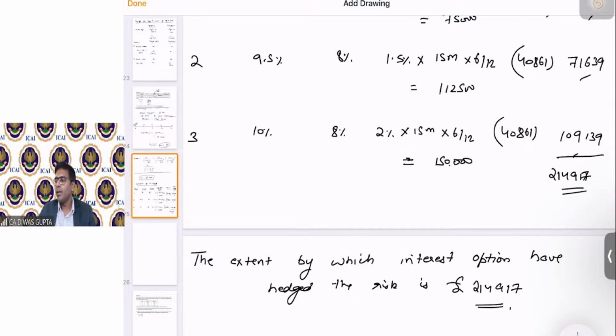So, Suchismita, you can do it at the beginning also or at the end also. As I told you, if you do it at the beginning, you will have to take the present value, right? And if you do it at the end, then there is no present value needed to be taken. Okay. Both ways, it will be absolutely fine.